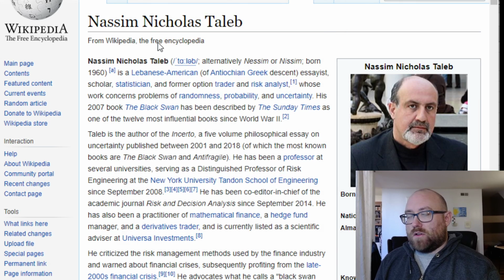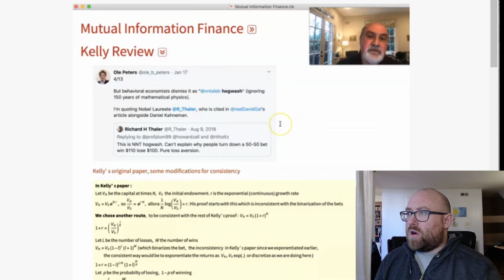He is also kind of a wacky guy. If you watch any of his speeches and whatnot, he is not an economist. He was a trader. And I think he had a couple big years and wrote some of these books. And I think he was an academic for a little bit as well. And so in this